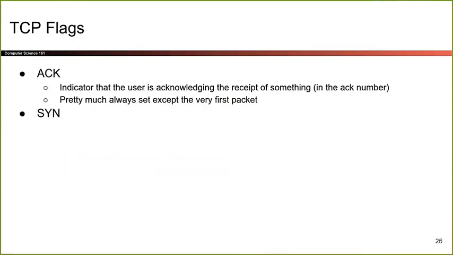I guess flags are all the way back here for whatever reason, but TCP has a bunch of different flags. So inside a packet, we've said the packet has data. The packet has sequence numbers and acknowledgement numbers for sending and receiving data. It also has these things called flags. So these are labels that are either on or off. And each TCP packet has all these flags, and you can set as many of them on or off as you want. So the first flag is called ACK.